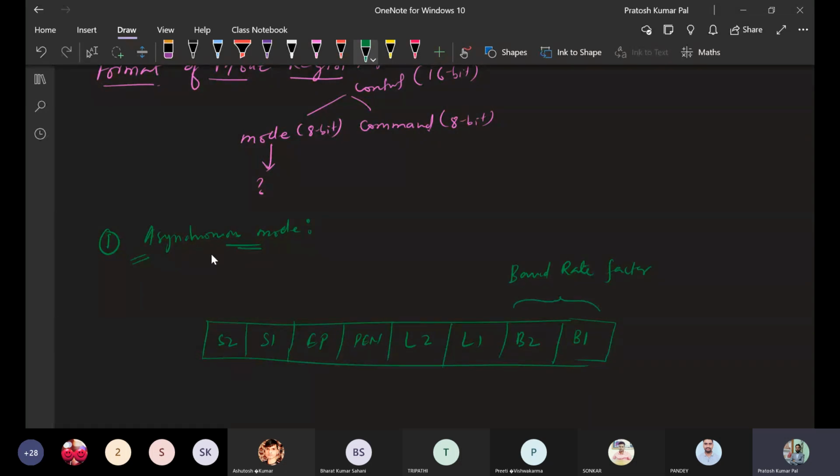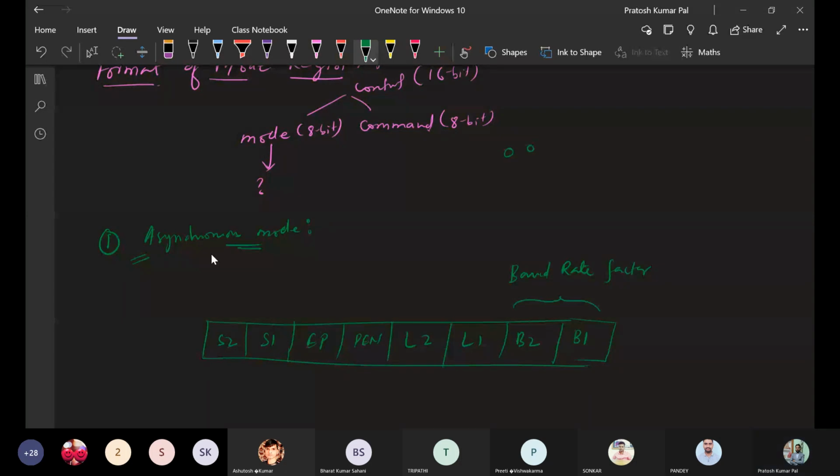Data transmission is done with different multiples of the baud rate. If it is one time, 16 times, or 64 times the baud rate, that is controlled by these B1 and B2 bits. If this is 00, this means the data transmission is going to take place in synchronous mode.